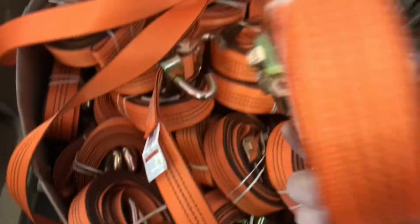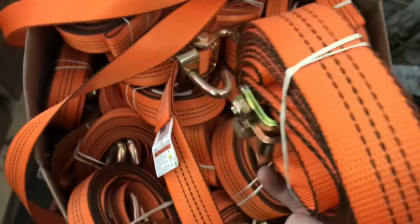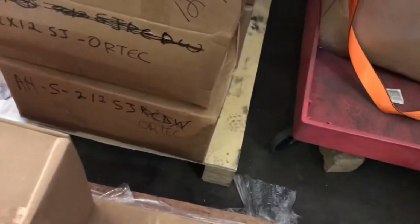Really nice, tough stuff. This is abrasion resistant. Again, it's 18,000 pound webbing before we put a needle through it, so that's good stuff. So your cost on that, $11.27 a piece. And it looks like I got about a half a pallet left of these